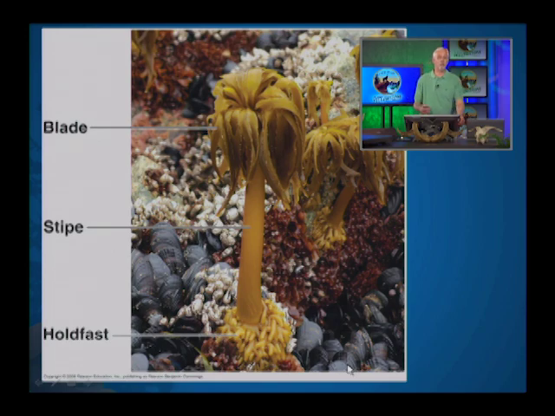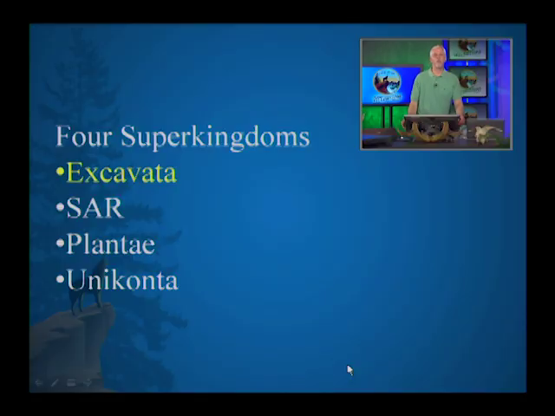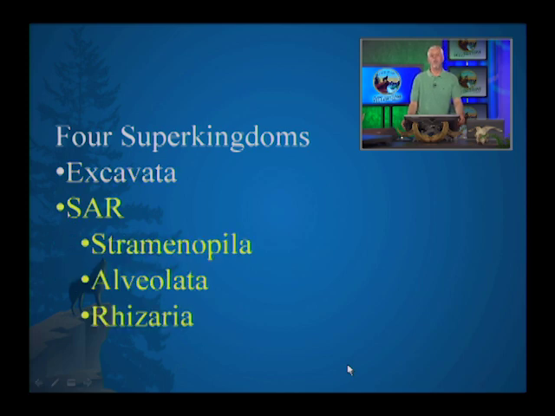But the point is that they're photosynthetic. All right, so as we get into the actual classification then, within the domain Eukarya, there are 4 superkingdoms. The first is the Excavata, and we'll start off talking about those in a minute here. Another is the SAR, and SAR is an abbreviation for the Stramenopila, Alveolata, and Rhizaria. And we don't need to really remember all of those terms, but the Stramenopila is trying to tell us that